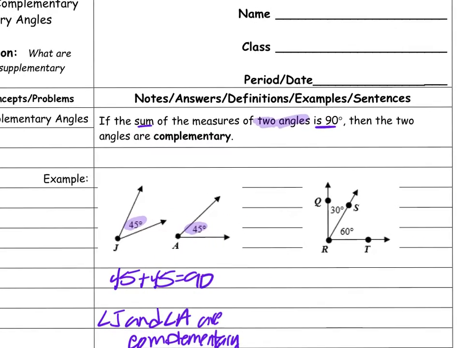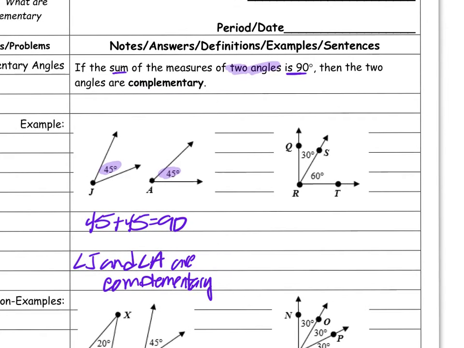Just going to make it a little bit bigger and slide over just a little bit. Here we go. So I know that 30 degrees plus 60 degrees equals 90 degrees. So I know that the two angles are complementary. So the other thing I want to talk about on this particular example is notice that the two examples are